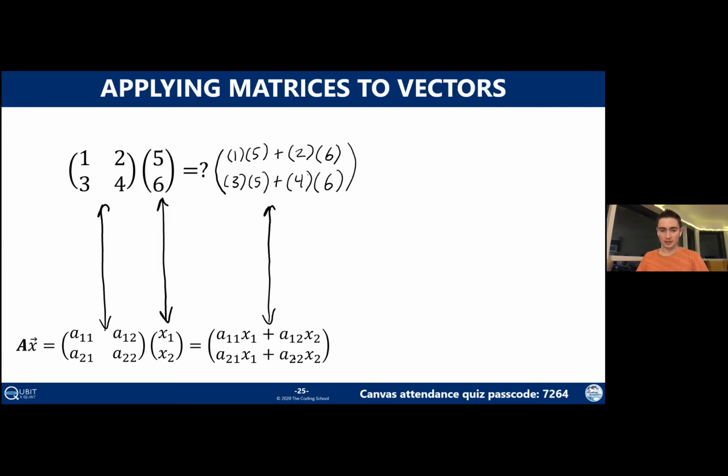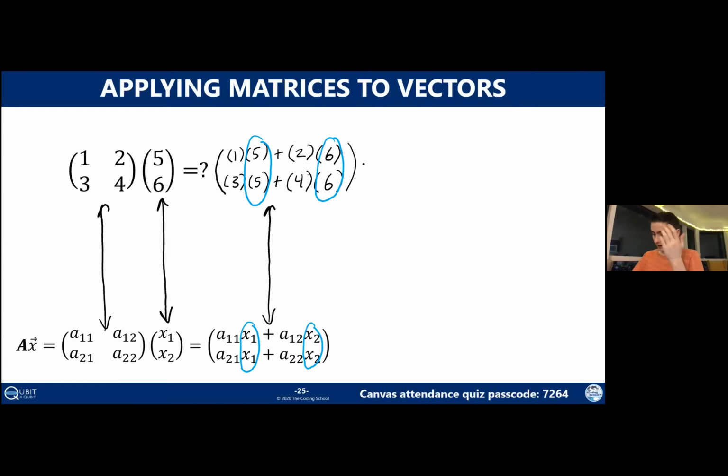So again, that's just following the formula here. And one quick check that you can do for yourself is, if you've done this correctly, the second number being multiplied should be the same. Notice here you have your x1s and your x2s, those should always match. So if you ever want to do a quick check for yourself, you can just look whether the columns of numbers being multiplied match.